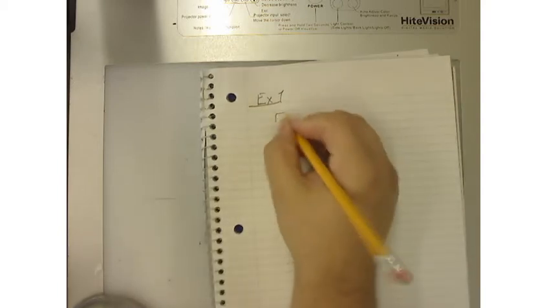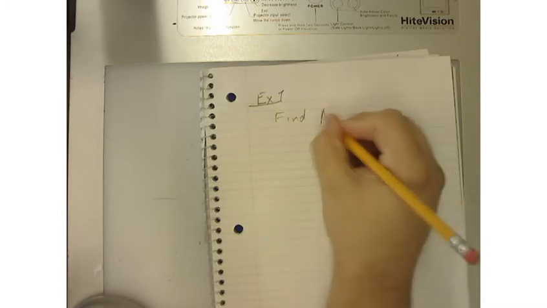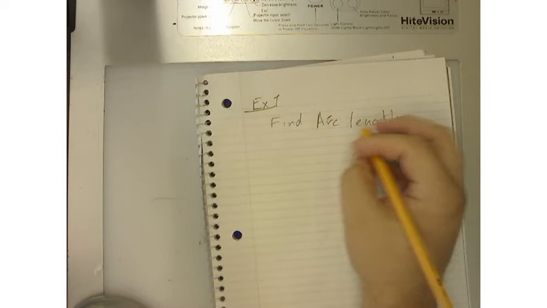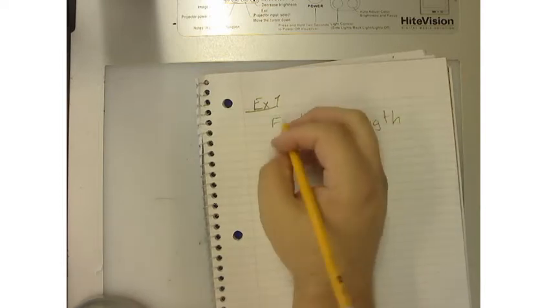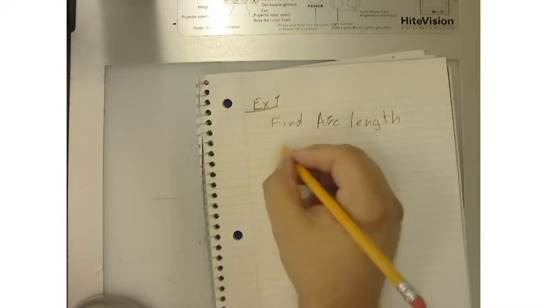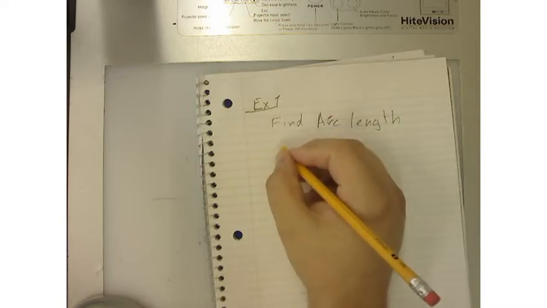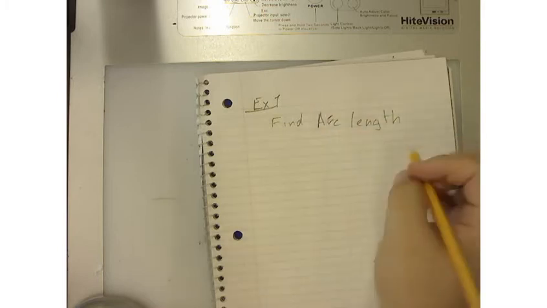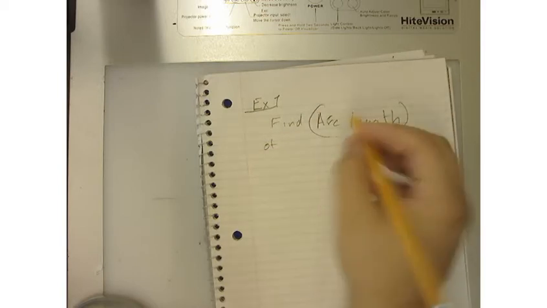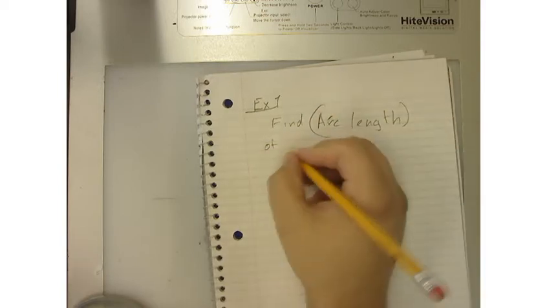So example number 1 says, look, we want to find the arc length of a sector, or to be a little more formal, the arc length of an arc. It seems redundant, I probably shouldn't have written down arc length, they really wanted the length of an arc, but I always write down arc length, of an arc